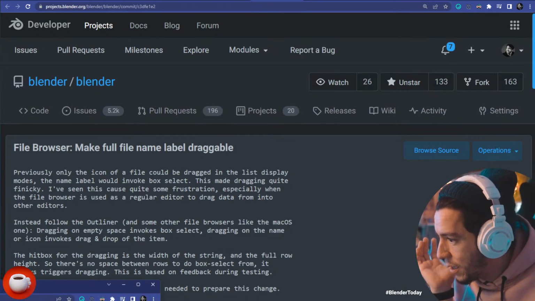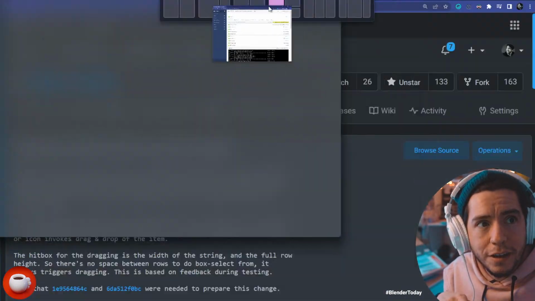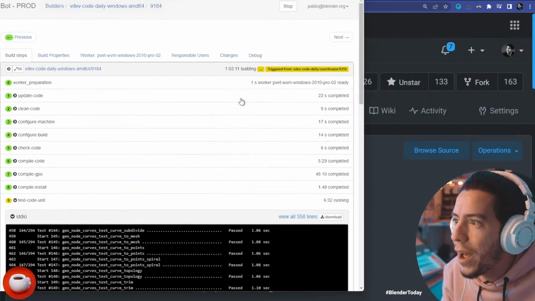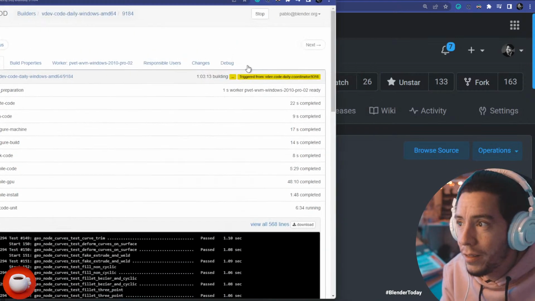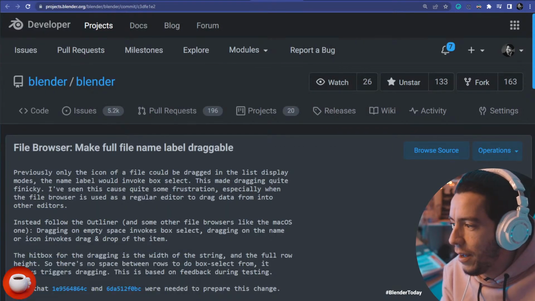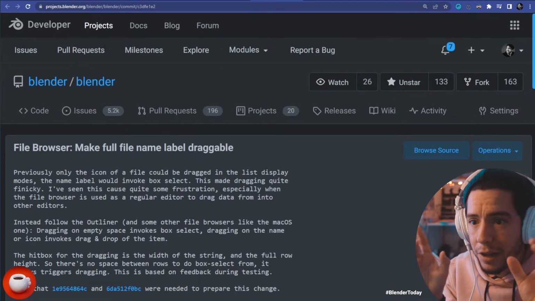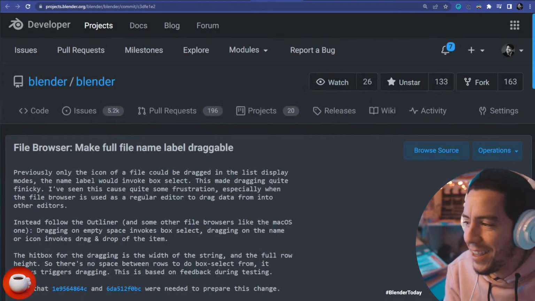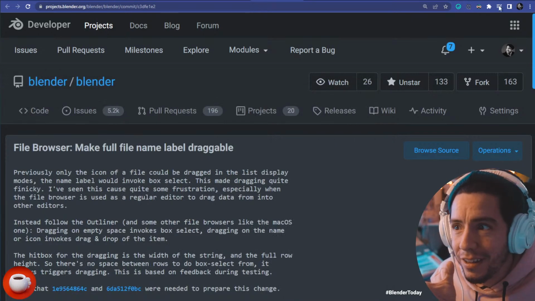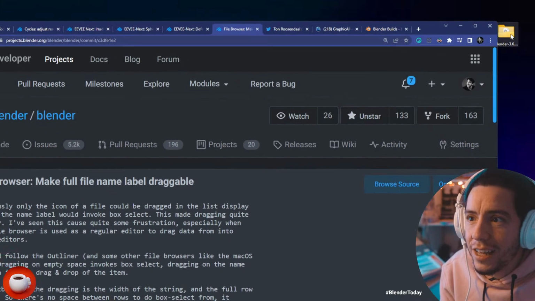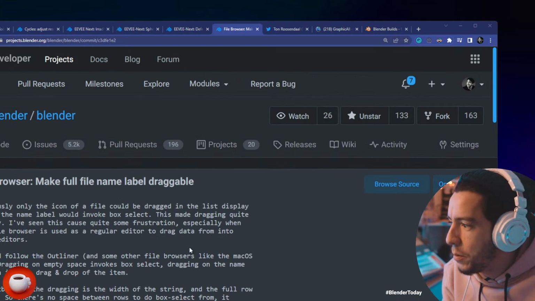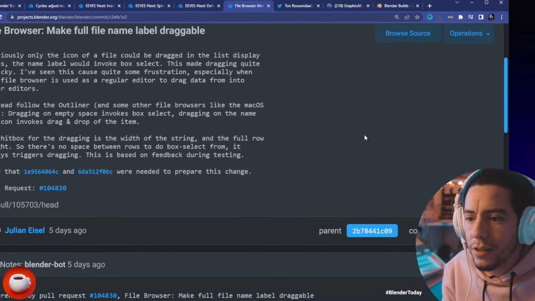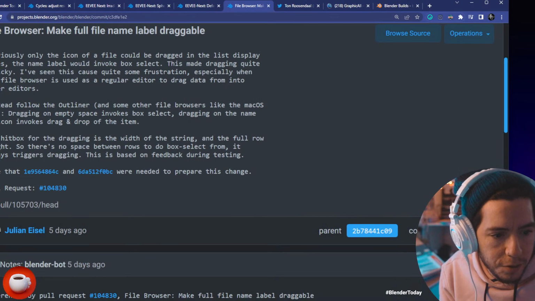Let me see, by the way, I'm trying to compile Blender here on the build bot. It's been 1 hour, so soon we're going to get a new build, and hopefully it's one that is going to be available for everybody, but it's still not ready. Let's hope it finishes before the end of the show, so I can actually show you these changes. Actually, I do have a build. When was this change? Last week. Yeah, okay. So I should be able to see